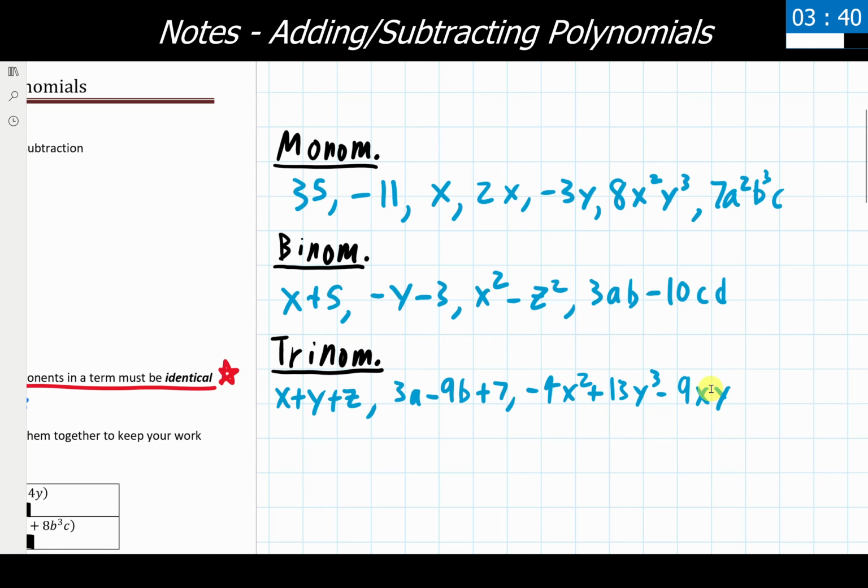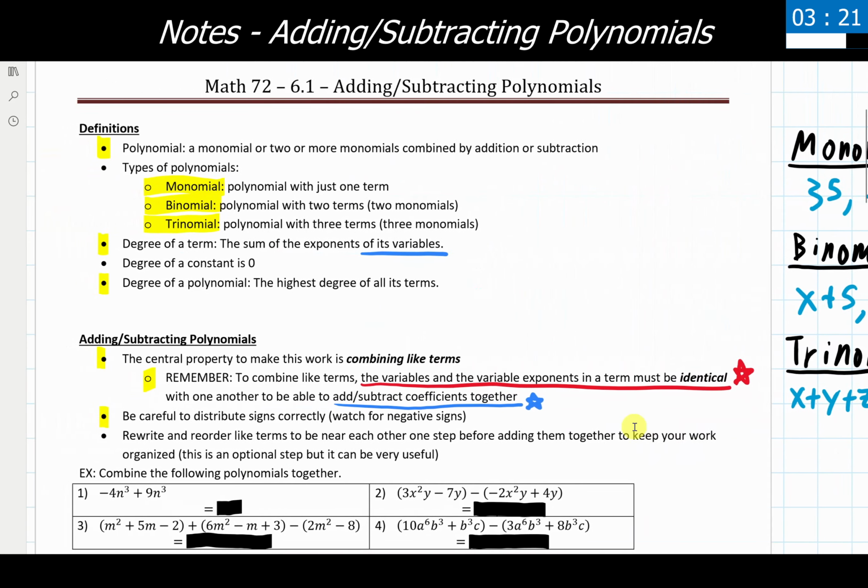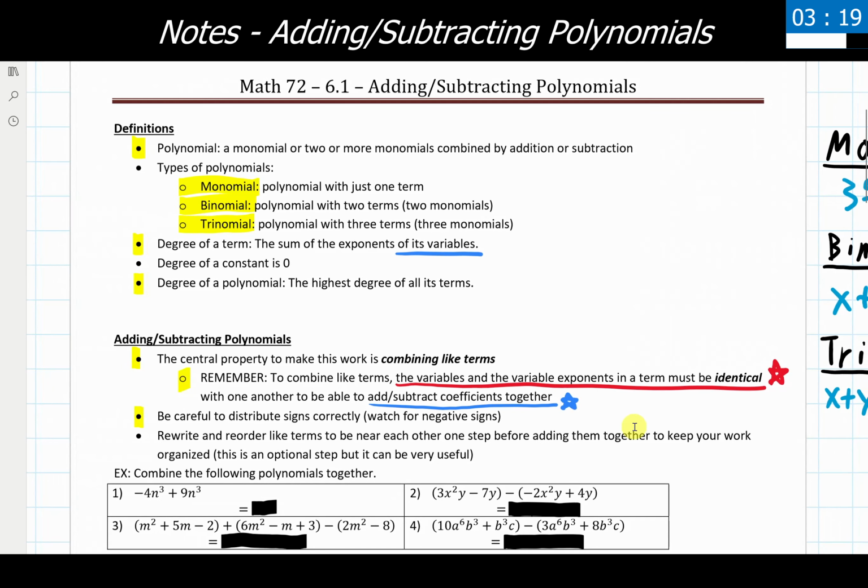So what is the highest degree amongst all of those in this trinomial? Well, it's going to be this 3 right here. And therefore, because that is the highest degree, the degree of this overall polynomial is going to be 3. This is something that shows up fairly regularly with this section, but it's not a big staple that shows up more too often beyond it. It is worth noting and seeing it a couple times, though.